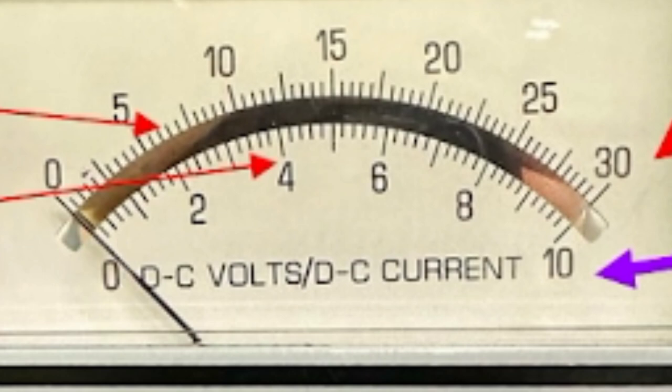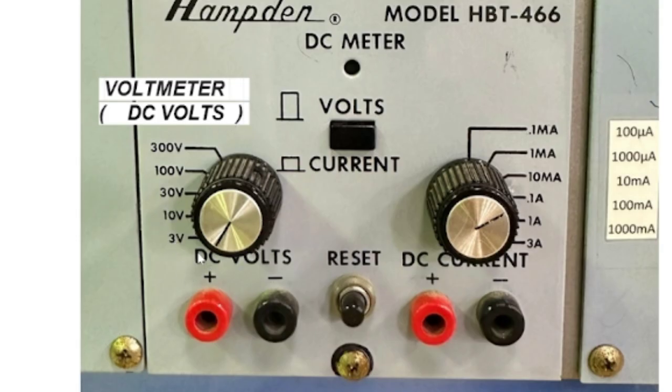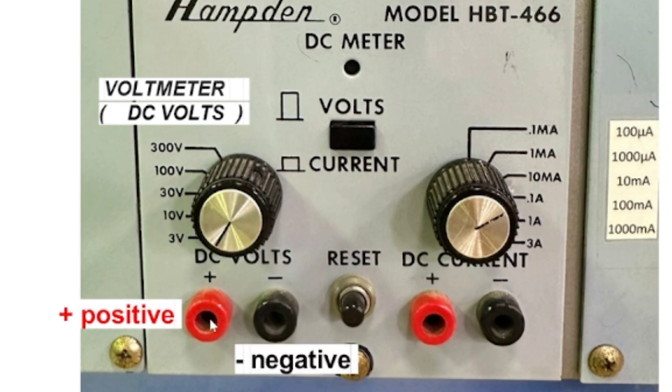Now let's move on to the body of this analog meter. On the left side, you will see here the voltmeter, and this can measure DC volts. It has the red part here, which represents the positive, and we also have the black part, which is the negative. This is where we put the banana jack or the wires or terminals that will be connected to our circuit. So just remember the red color, we will be using positive, and the black color here will be